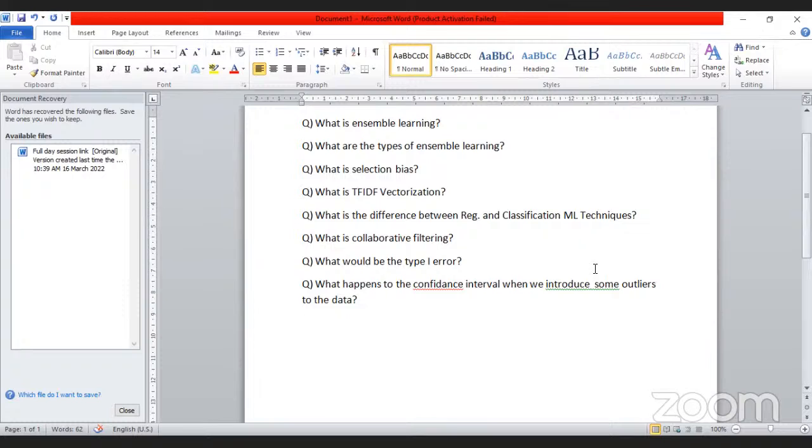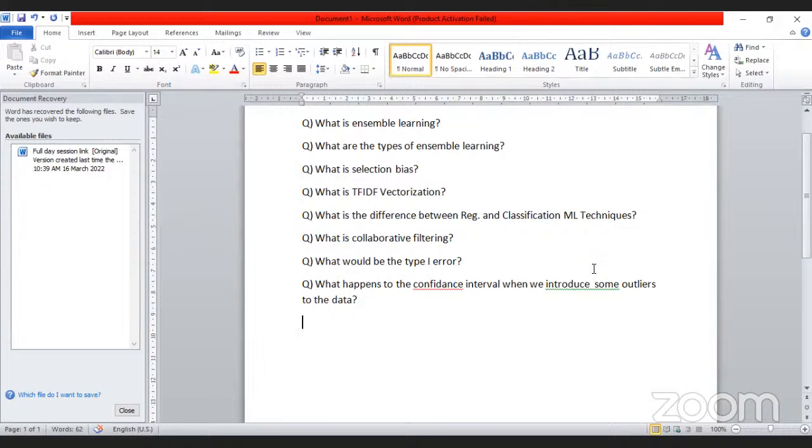Okay, so the confidence interval will increase with the introduction of outliers, right? If we have outliers, our confidence interval will be influenced by those outliers. But why? We know that the confidence interval depends on the standard deviation of the data, right? If we introduce outliers into the data, the standard deviation increases, and hence the confidence interval also increases,